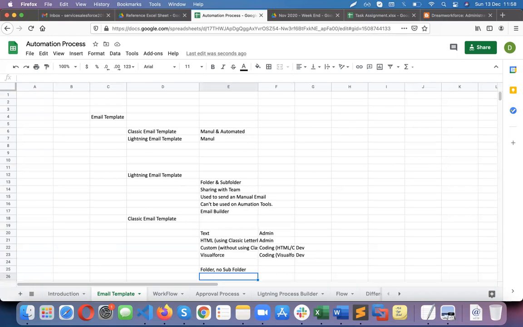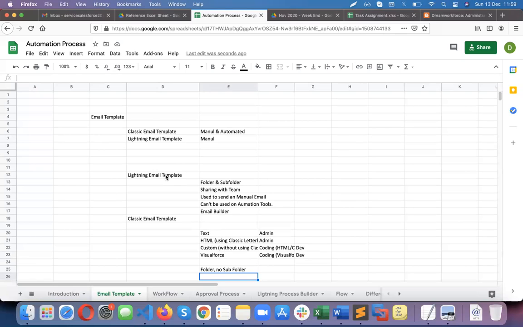So the finance department, if they want to send an email to a customer about the invoice, you can create a separate folder, let's say invoice templates, and inside the invoice templates, you can design the email template and store it. Same way, for the finance department to send an email about a pending payment, you can create a separate folder, let's say payment pending email templates. Under that, you can design a different template and store it. So the parent folder is finance, but inside that you can create a different subfolder, and inside this subfolder you can store the email template.